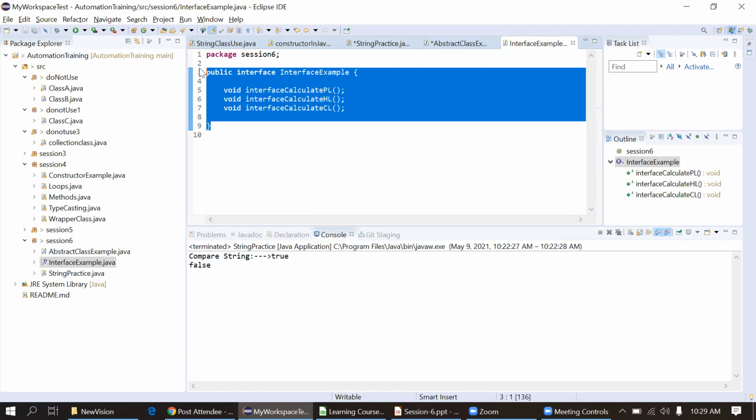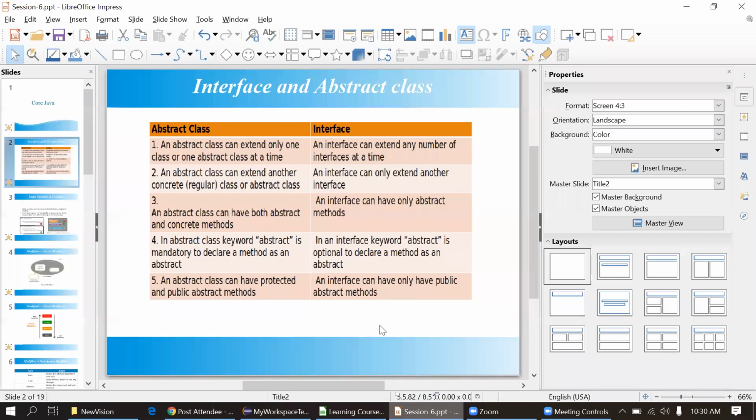You're not getting this? What is the abstract class and what is the interface? The main benefit of the abstract class and interface is that we can have only the declaration, not the definition, and the subsequent classes where we implement this interface or extend the abstract class should give the implementation there. Fine. So I will just read these points on abstract class and interface.